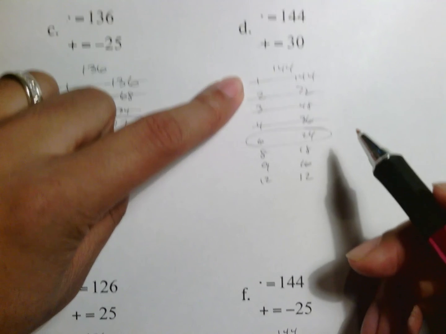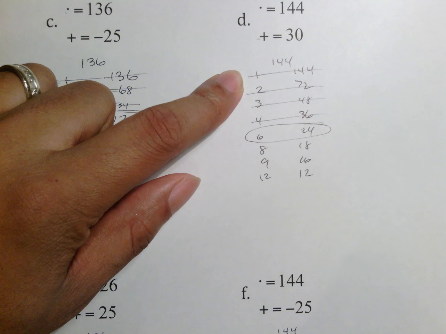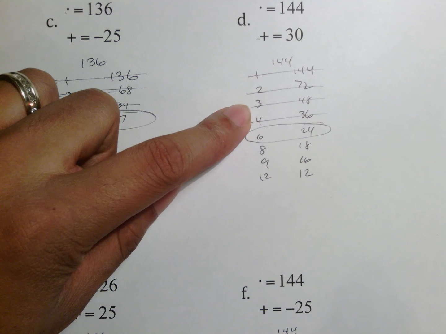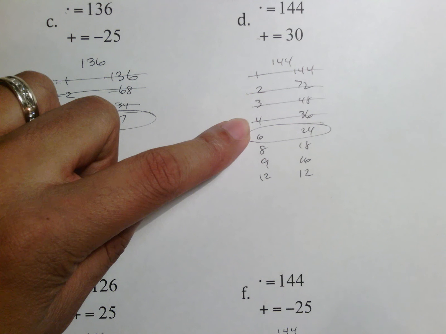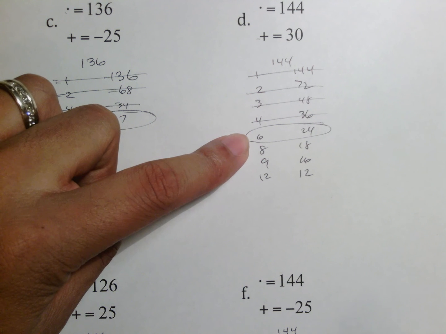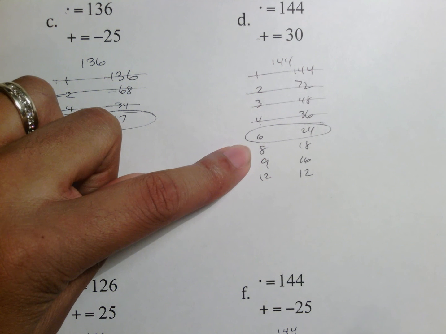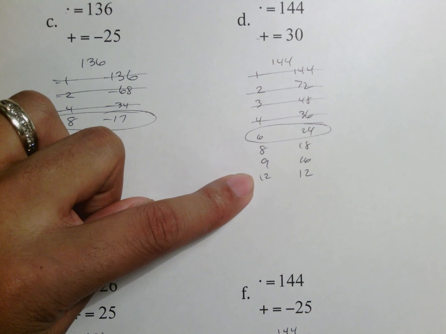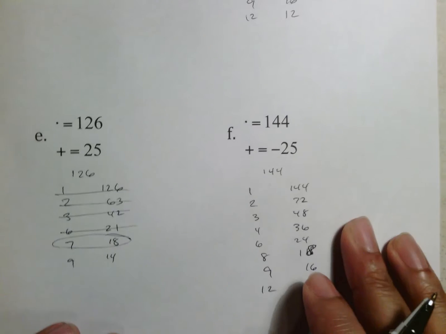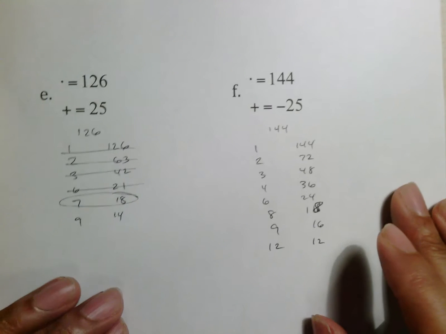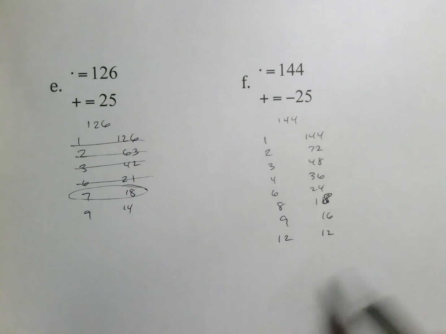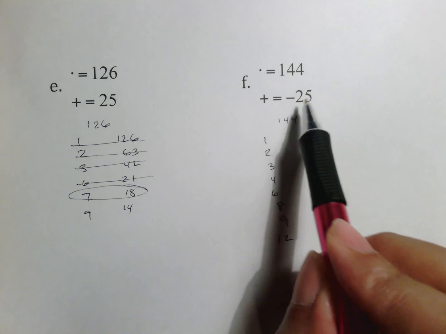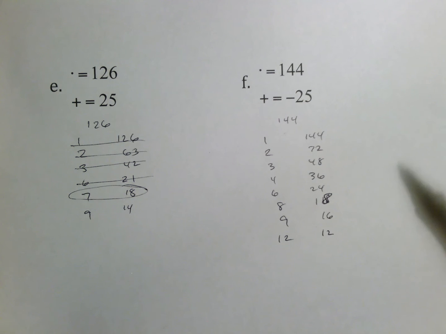So what I'm going to do is just simply copy this tree, which is 1 and 144, 2 and 72, 3 and 48, 4 and 36, 6 and 24, 8 and 18, sorry I wrote that wrong, 9 and 16, 12 and 12. So again, there's no need in reinventing the wheel, especially if you've already made a tree for that number, which is why we actually want to make the tree the right way, so we can use it again if necessary. The difference here is that it adds to make a negative 25, which, if you remember, means